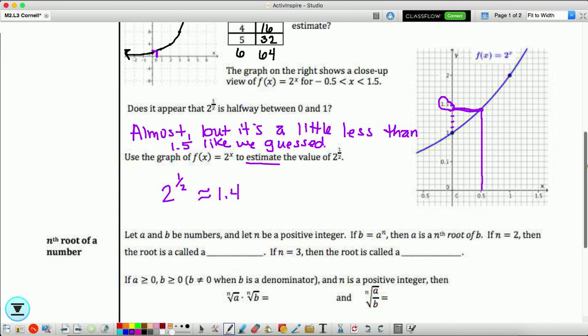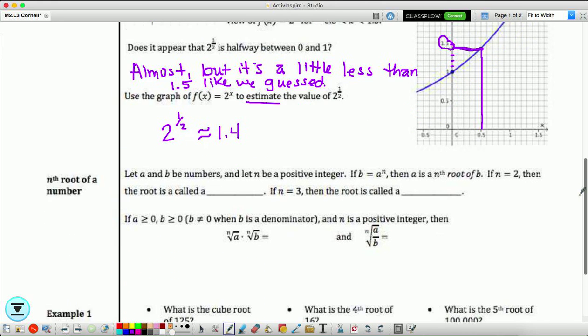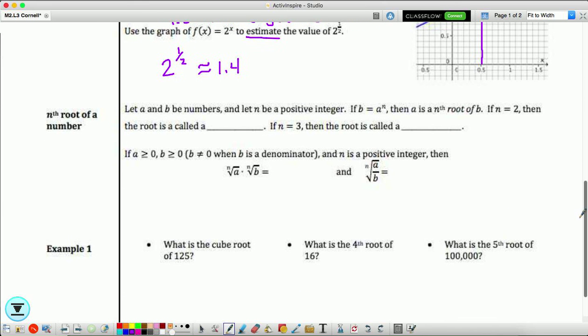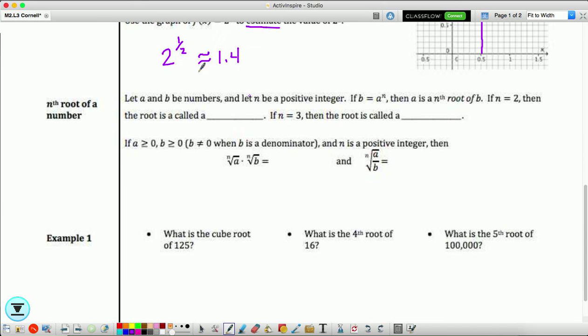So now getting a little bit deeper into the concepts, really fractional exponents denote some sort of root. So if we were to let a and b be numbers and n be a positive integer, then if b is equal to a to the nth power, a is an nth root of b. And so really what I mean by this sentence here